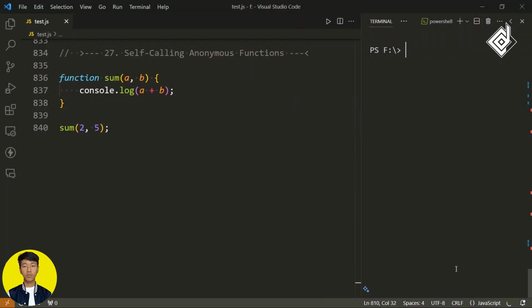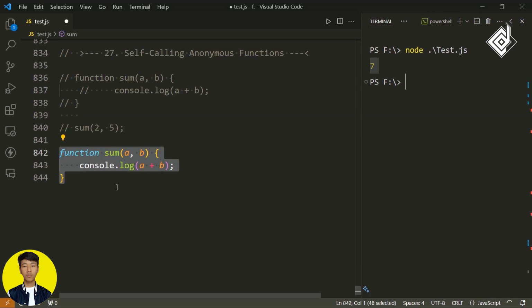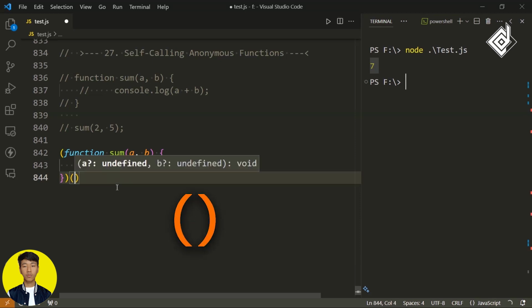And the last one is the immediately invoked function. It's not really common, but you might want to use it in some cases. As you know, when you are declaring any function, you need to invoke it. But what if you want to create a function that will trigger itself? For that, you just need to create the function and hold it within parentheses, and just outside of that, again, you need to give brackets.